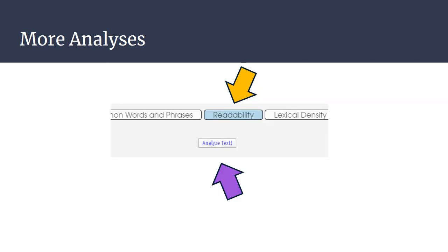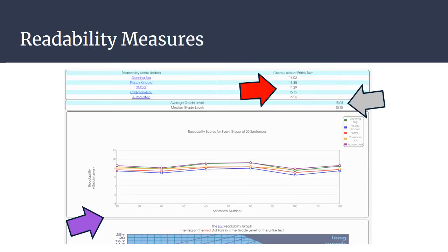Let's talk about another analysis. This one's called the readability analysis. And again, if you hit that Analyze Text button after you've selected the Readability tab, then you'll get the result I'll show you. So a readability measure is a measure of how easy it is for someone to read a text. And there are many different types of readability measures, but many of them are very basic.